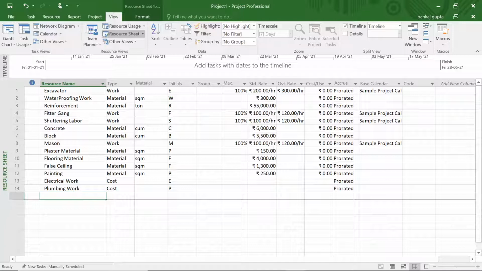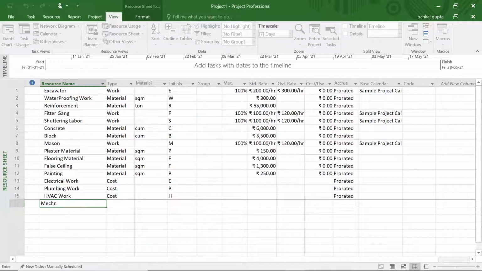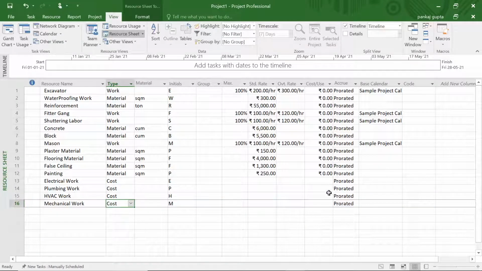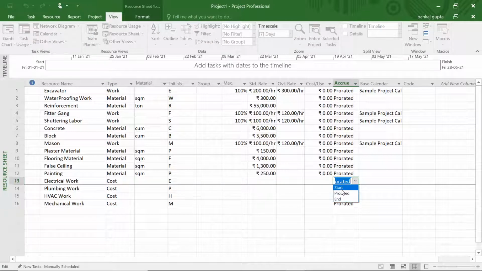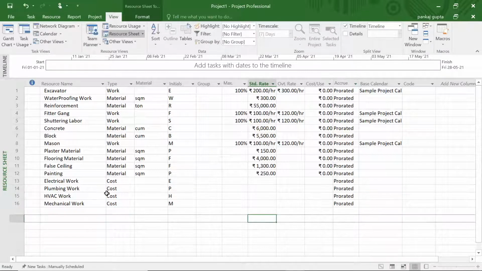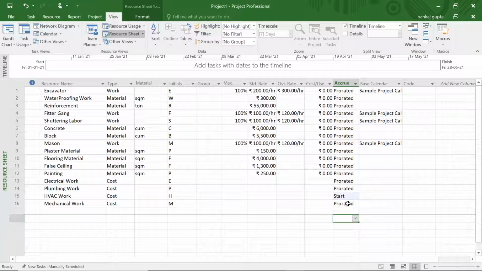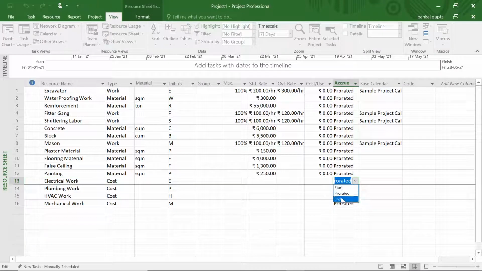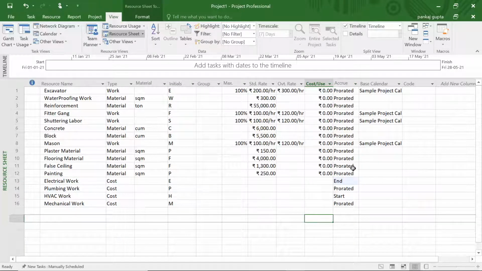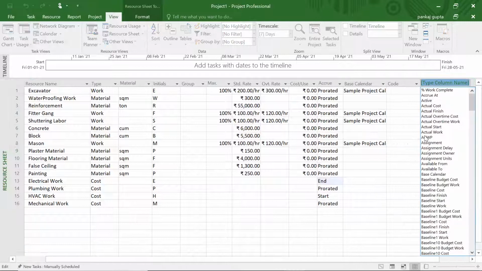For example, in this sample project, we are defining the electrical work, plumbing work, HVAC work and the mechanical work as resources having the type cost. Also, as a scheduler, we can allocate whether this entire cost is to be borne at the start of the activity, at the end of the activity, or on a pro rata basis.